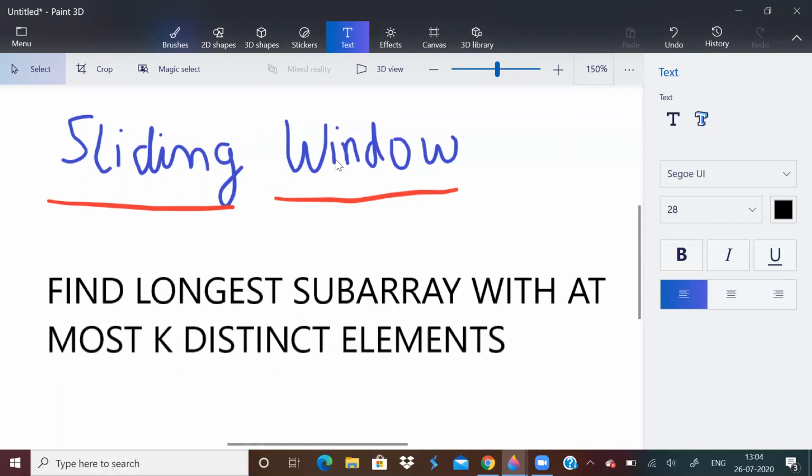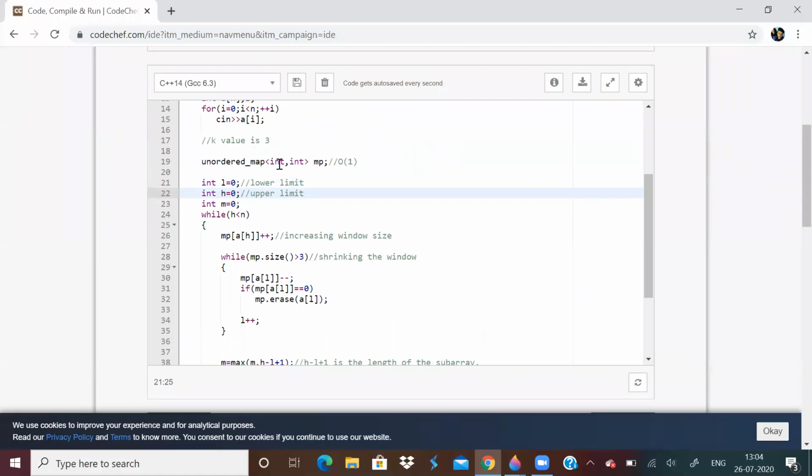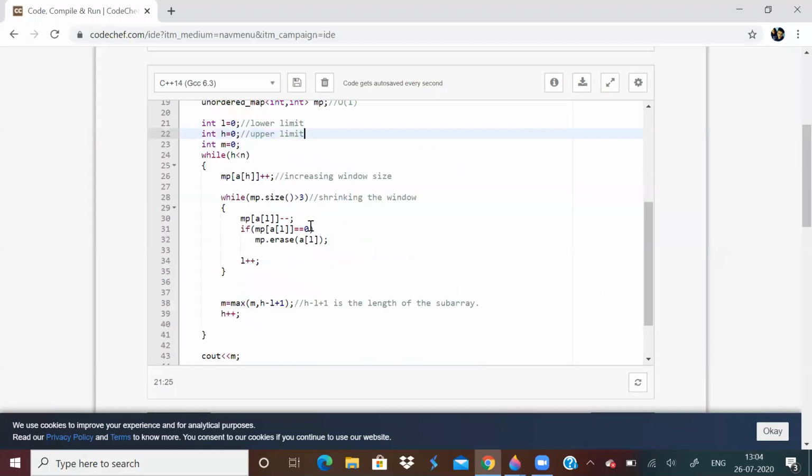For people who don't know or want to learn it in a better way, you can watch this video. You can pause the video and have a look at the code again. Unordered map, again I'll repeat, it is helpful because average time complexity is O of 1, whereas the map is log n. So it is better to use unordered map. I hope all of you know how to use map and array functions. All that will be easy. You learn that very easily. It's nothing to worry about. Even if you don't know, you can have a look at it. It is very intuitive. You'll already know how to use it after watching the video.